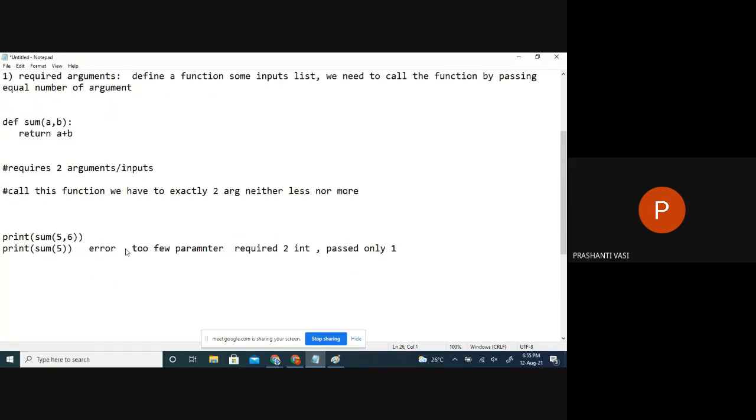In the same way, if you pass 3 instead of 2, we again get an error saying too many parameters, meaning you have passed more than required. So whatever you have defined in the function, an equal number of arguments must be passed, neither less nor more.